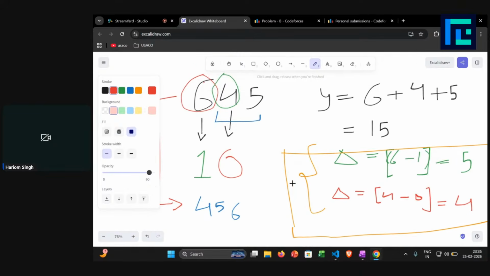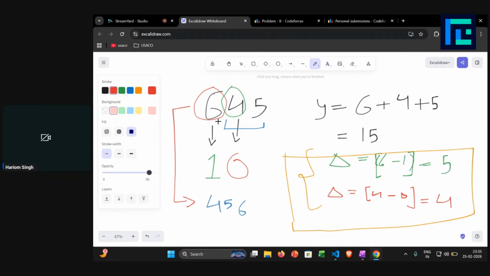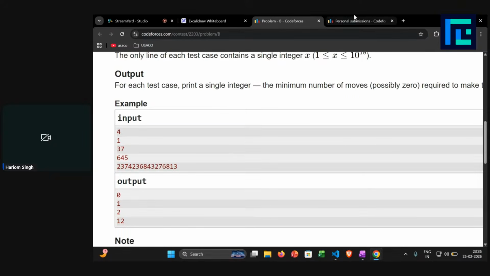For that, what you can do is reduce each of the digits to its most reducible form, and the most reducible form is 0 if that number is not at the front, and 1 if this number is at the front, right? And that's what I did as well in my code. So you can see,